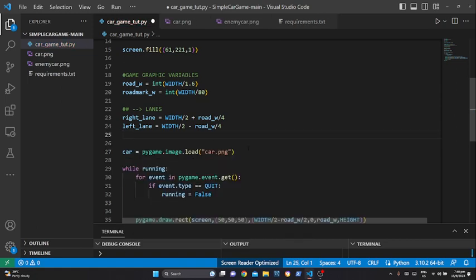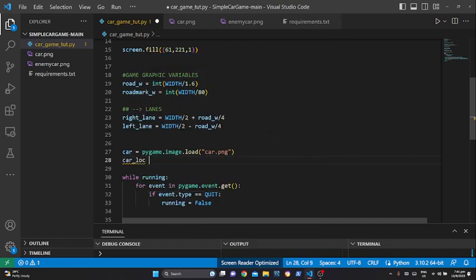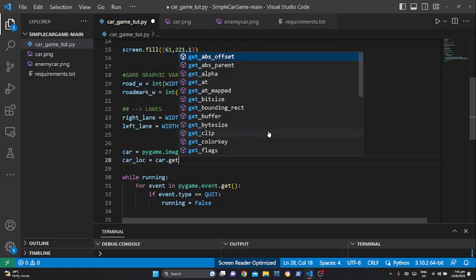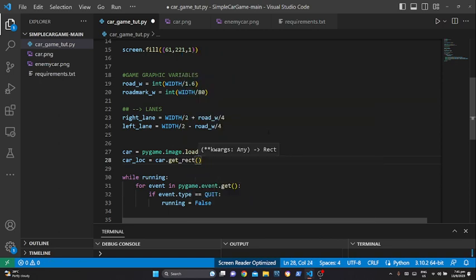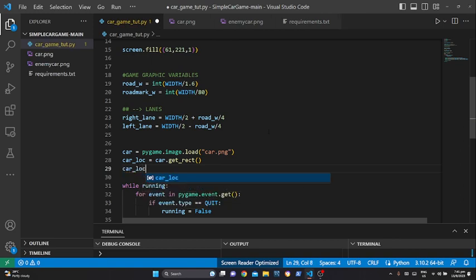But no need actually because everything is happening under our while loop. So after we have that, car_location is equal to car.get_rect and car_location.center